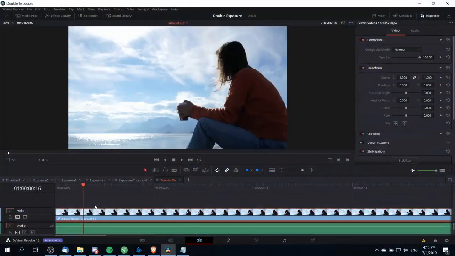So the first part of creating a double exposure effect is going to be having a proper video clip for the setup. When you're picking a clip out for double exposure, you usually want to have a very bright background which is going to more or less remain the same in the final video shot, and then the darker areas of your video, in this case the woman's body, would be filled with the information from the second video